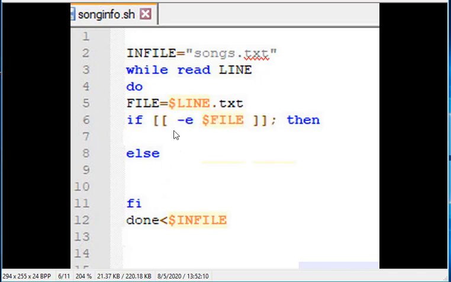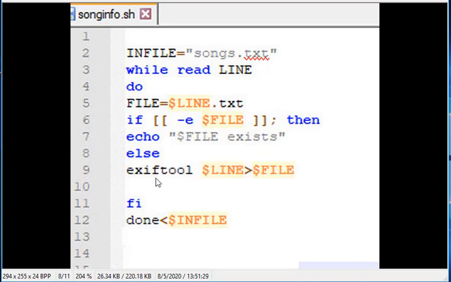So what's the conditional going to be? If that file exists, then we've already done the job. We don't need to do anything else. So we're just going to say echo the file exists. But if it doesn't exist, then I'm going to run this